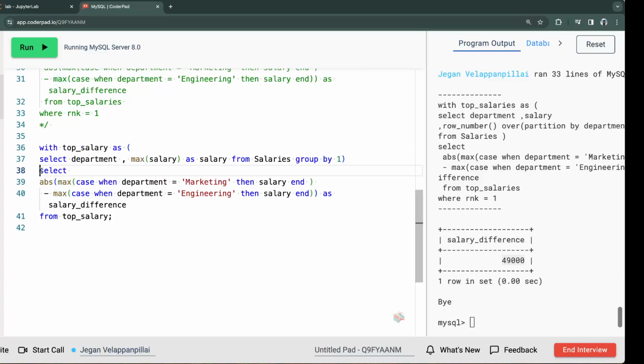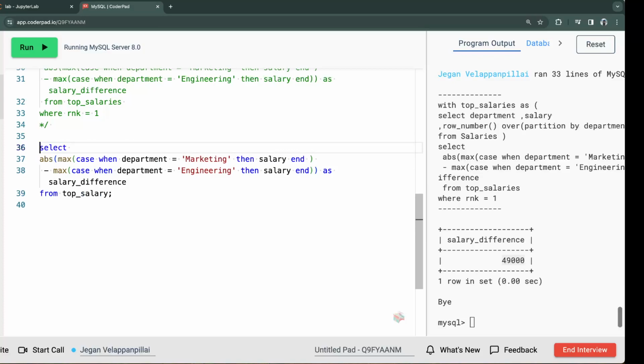So instead of that, how about we just say select max of salary from here itself and just remove the top part. You just say select max of case and department equal to marketing, then salary, right? This will give the salary anyways, and then